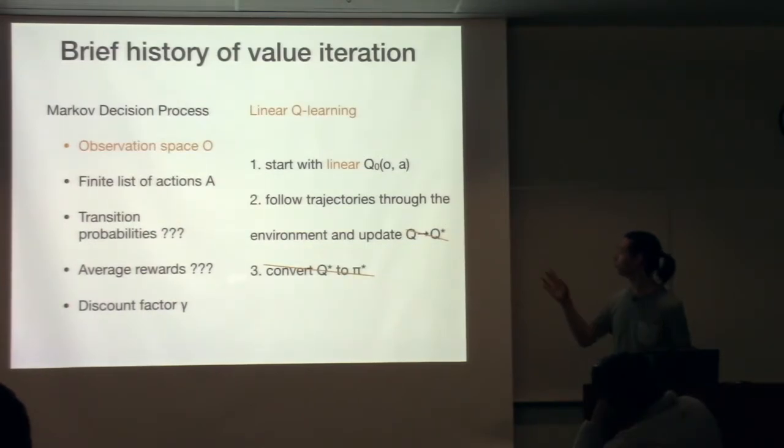So the first problem, where we're not going to converge to Q star, is partially due to this deadly triad that Rich talks about in the textbook. So Q-learning uses function approximation and bootstrapping, and those are two integral parts of the algorithm, so you can't really get rid of those. But like I said before, the exploration through the environment is kind of arbitrary. As long as you visit all the state action pairs infinitely many times, you can do whatever you want. And so if you do off-policy exploration with function approximation Q-learning, you're going to have a really hard time learning